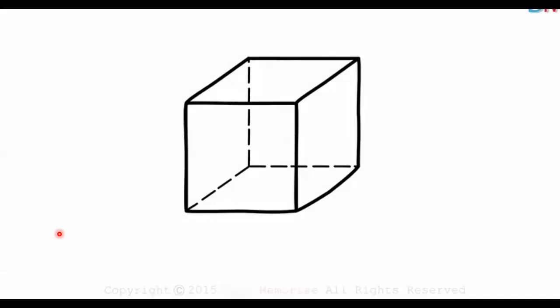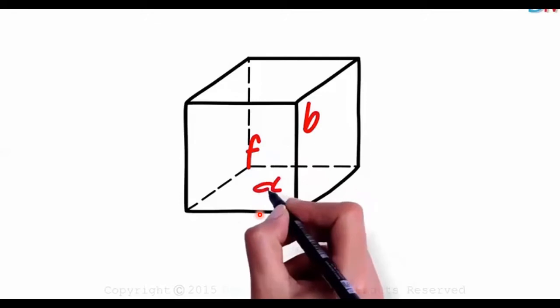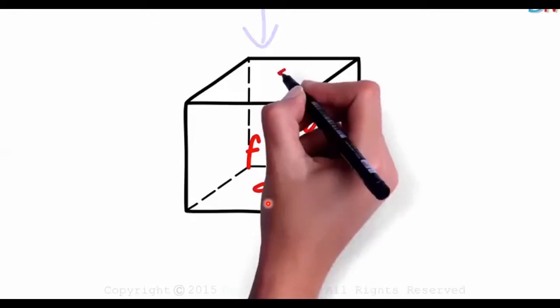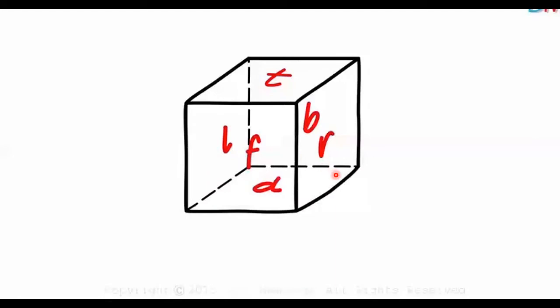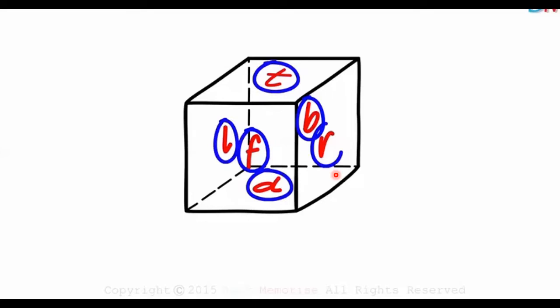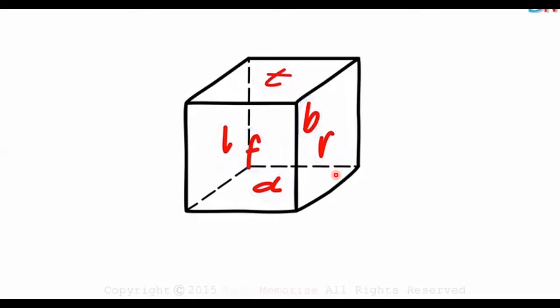Now the same cube only, we are going to draw. So this is the front part, isn't it? This is the back side, this is the down part, the top part, then the left side, then the right side part. Now we are going to draw the net of this cube without opening it.